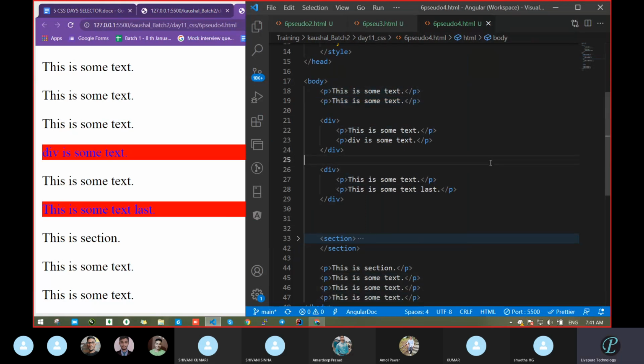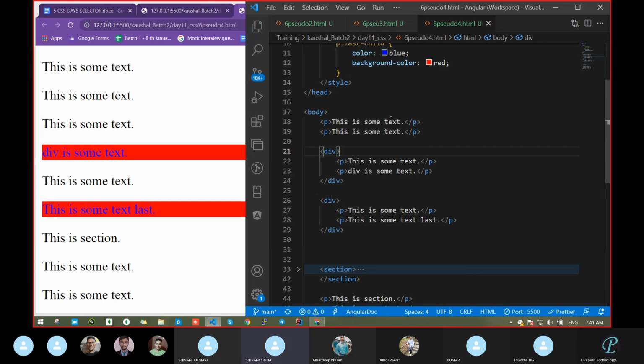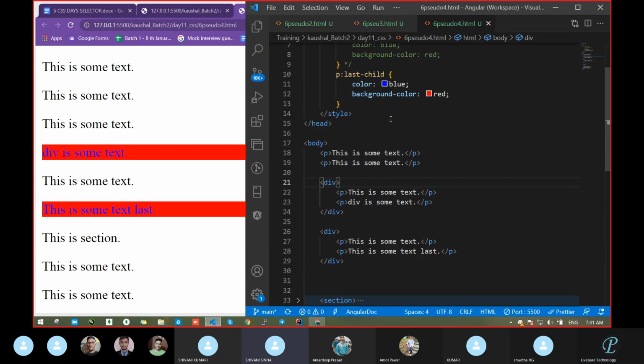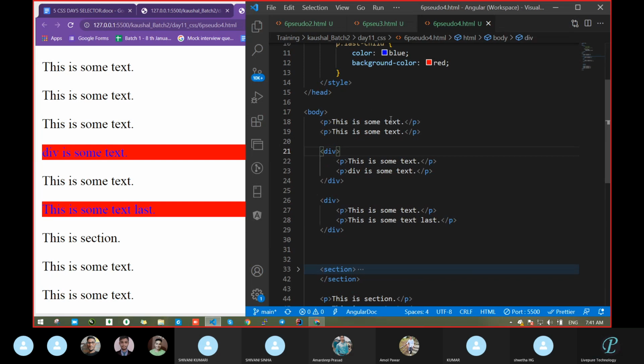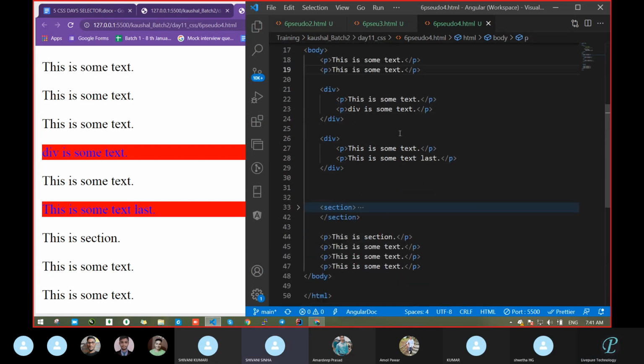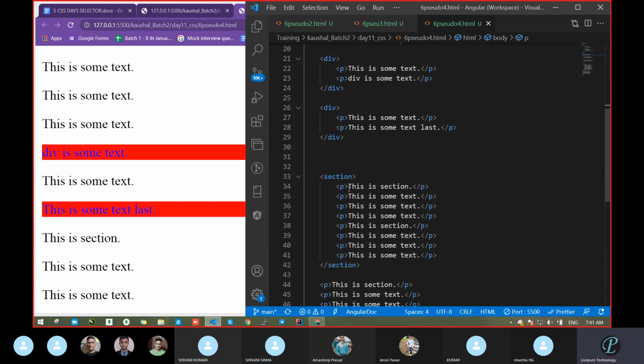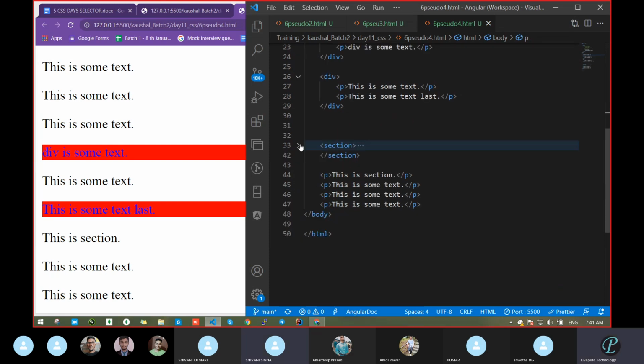So see, where has it gone? This is some text. This is some text. Where did that get taken? Is that wrong? Sir, where did that change? Sir, the line changed. We got confused. Something mistake happened. Sir, after section you put dot dot dot. No, that is not dot dot, I had collapsed this one. Okay, that's why it's coming.